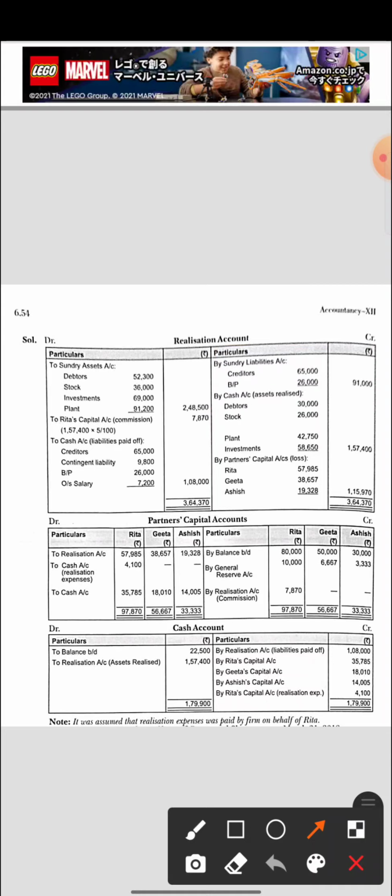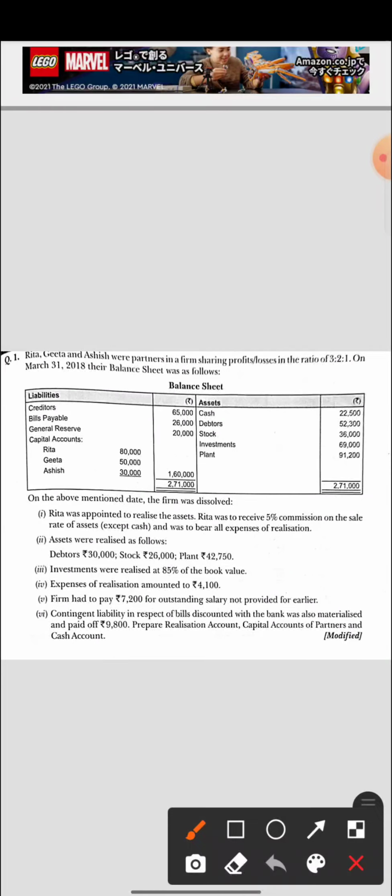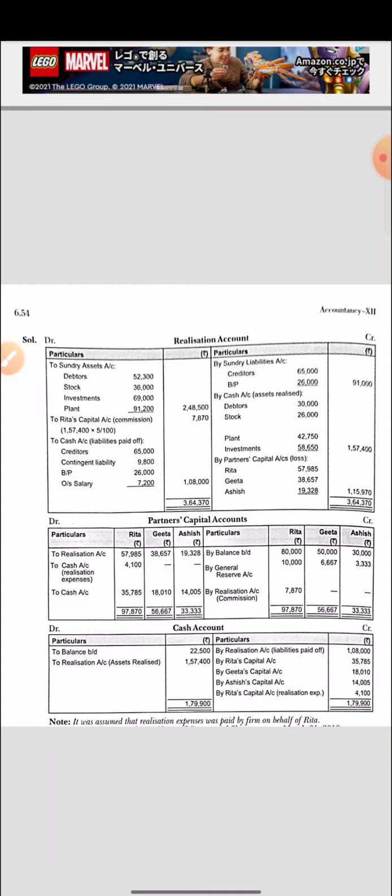Okay, then now contingent liability. Contingent liability was given in the additional information. Let's look at it. Okay, it is in number 6. Number 6, as you can see here, 9,800. What does it mean when we say contingent liabilities? I already explained last year, but I'll repeat again. Contingent means nothing but when we have